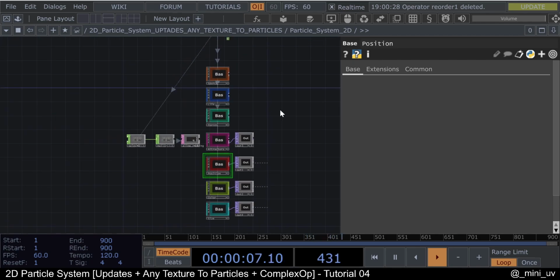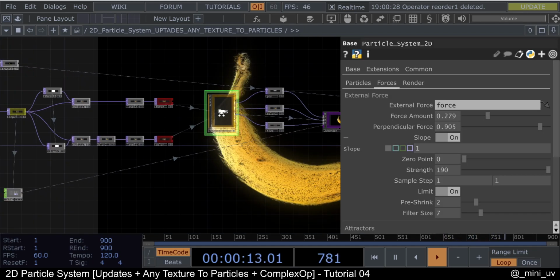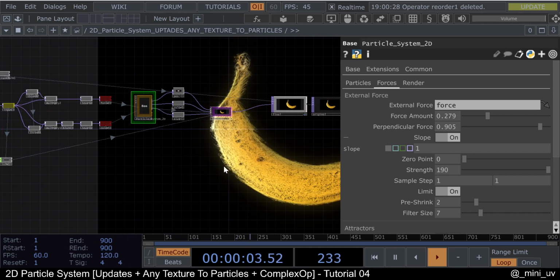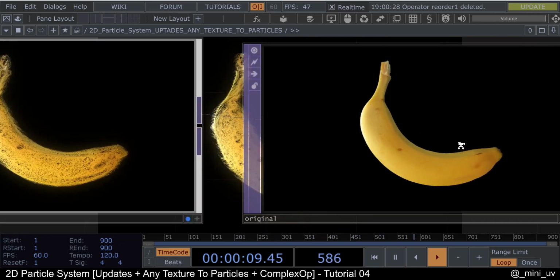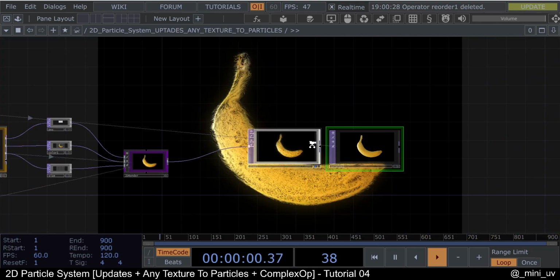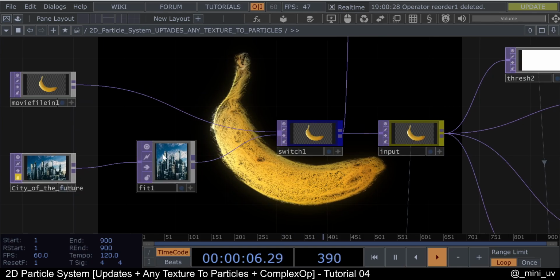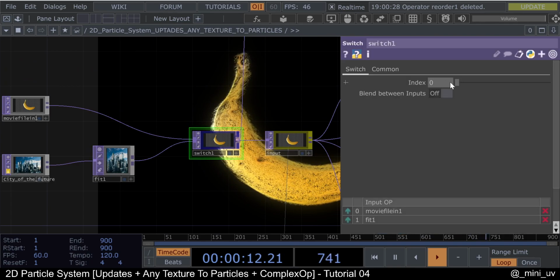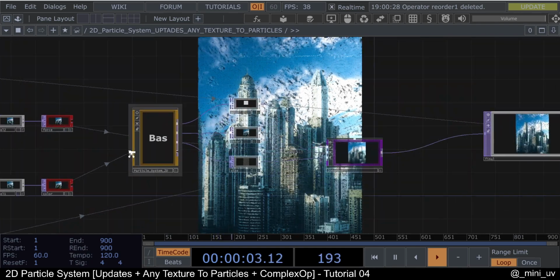All right. I hope it's clear. And if you have more questions, please let me know. I think let's continue to the second part, which I will show you the updates that I did. So as you can see, we have here the original image and the final image with the particles, and we can also use another texture, another image, which is with different resolution. Here in the switch, let's switch it, and if I reset,